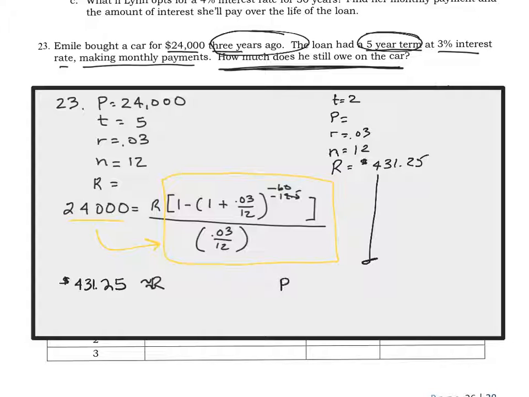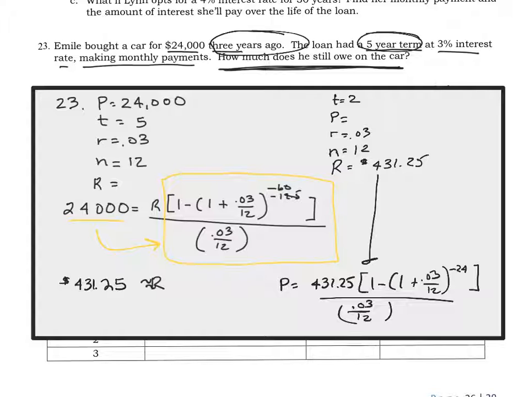So I have P equals $431.25, parentheses 1 minus, parentheses 1 plus, 0.03, divided by 12 raised to. So I've got a negative N times T, so 12 times 2 is a negative 24. Let's close that parentheses, divided by 0.03 divided by 12. Okay, and I get, sorry for the mess,